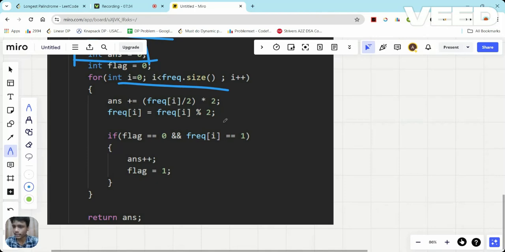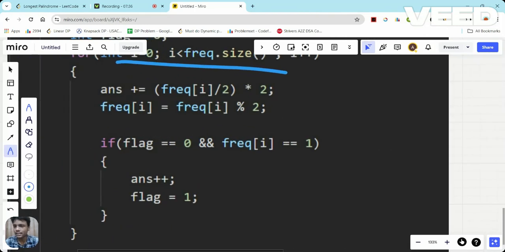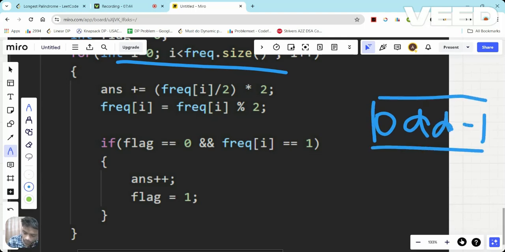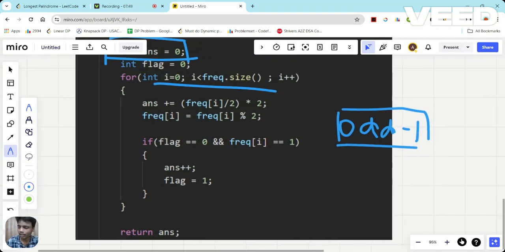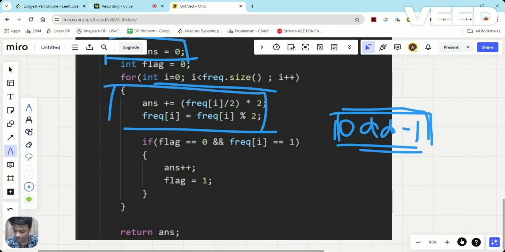If I found an odd character, in that case I can add the value of the odd character minus 1, because it will be even. So if I found an even character, then you can simply add it. If I found an odd character, I will subtract 1 from it and add it to the answer, in these lines.